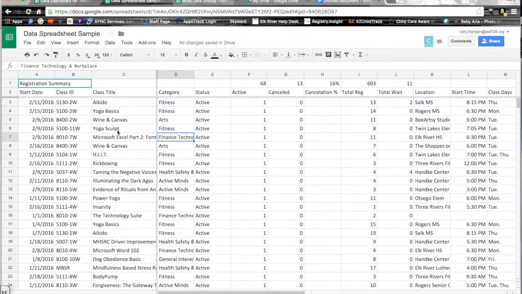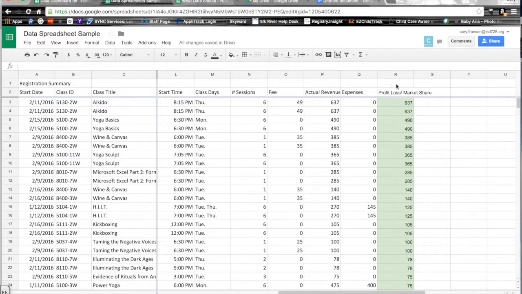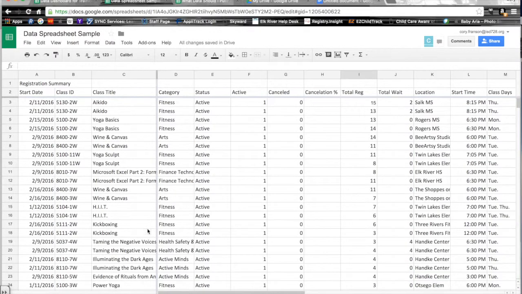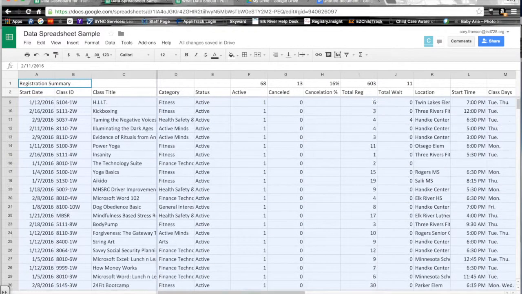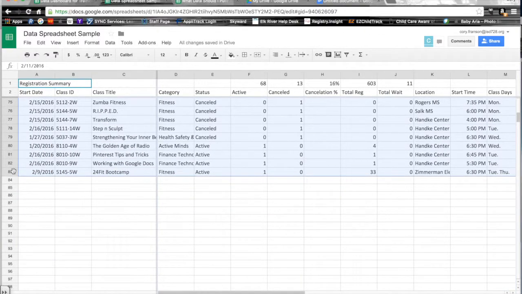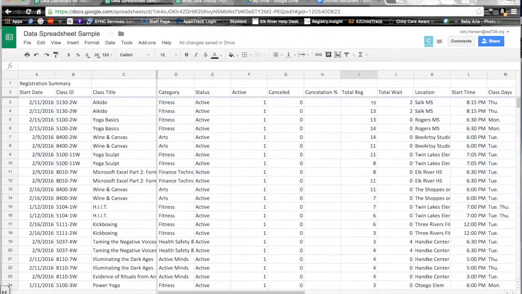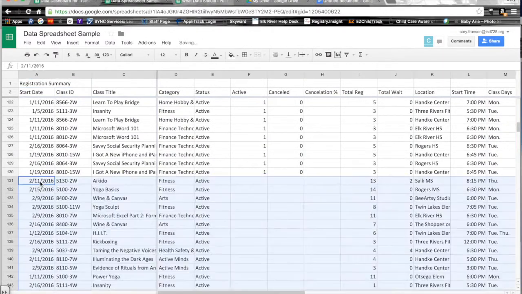So as an example, I used what we had here and just changed some of the registration numbers so you can see how it works. But what we did is we then take and we dump that into a full data spreadsheet that has every one of the classes that we offered over a length of time with that market share information on the side. What we'll then do is go back to that sample sheet for that given time set. I'll copy all the new information in after I've input the new market share information. Copy that. Bring it back to the class analysis, put it down at the very bottom of the document, and